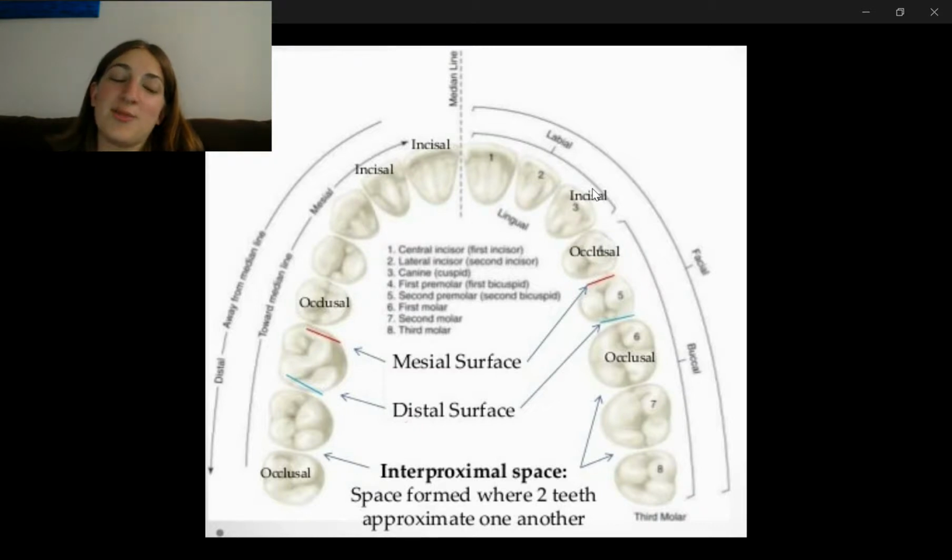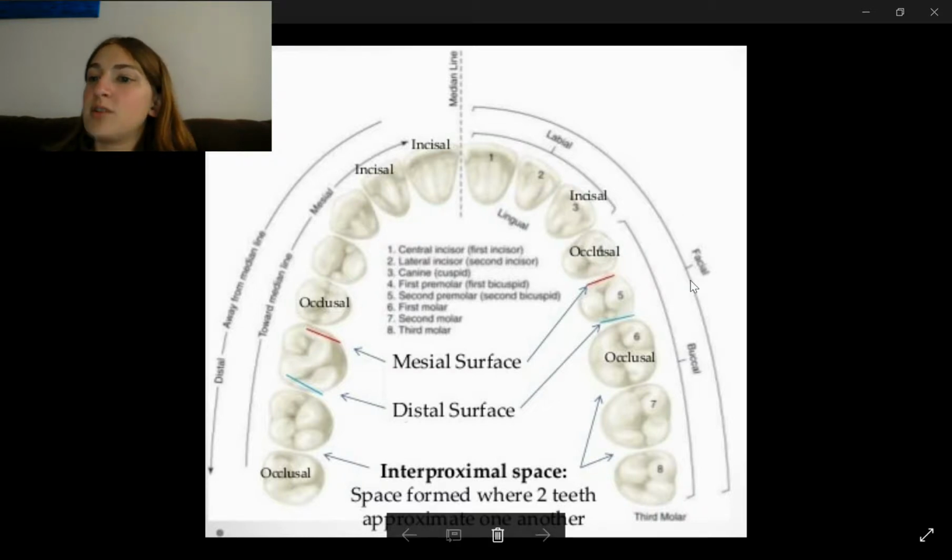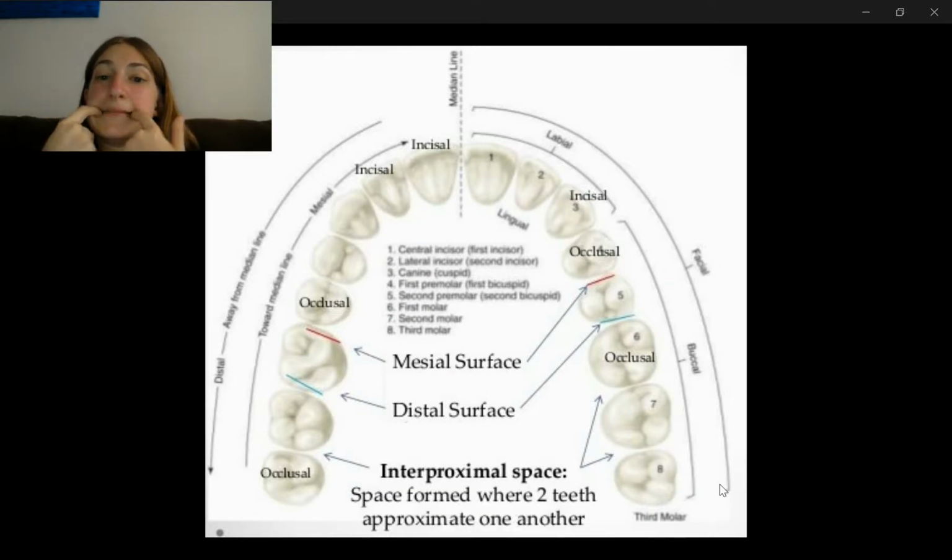And then, buccal, I think it's buccal, is referring to the fronts of the teeth near the cheek area. That usually refers to the premolars and then the molars, whereas labial usually refers to the incisors and the